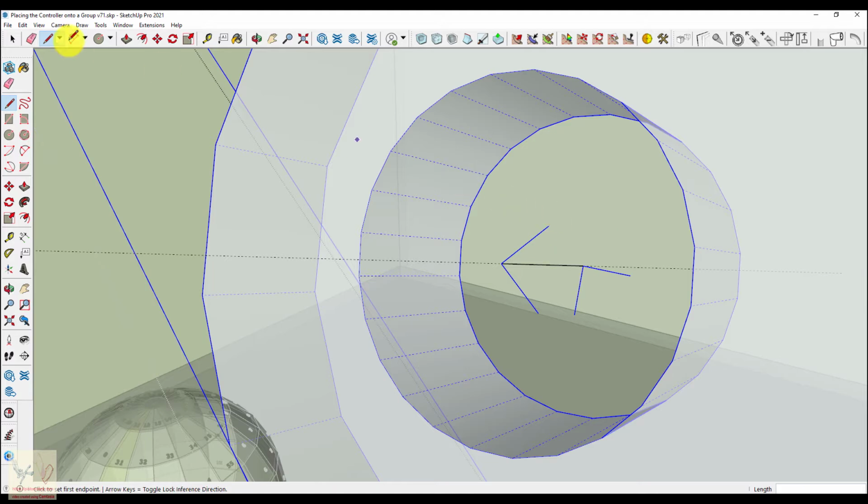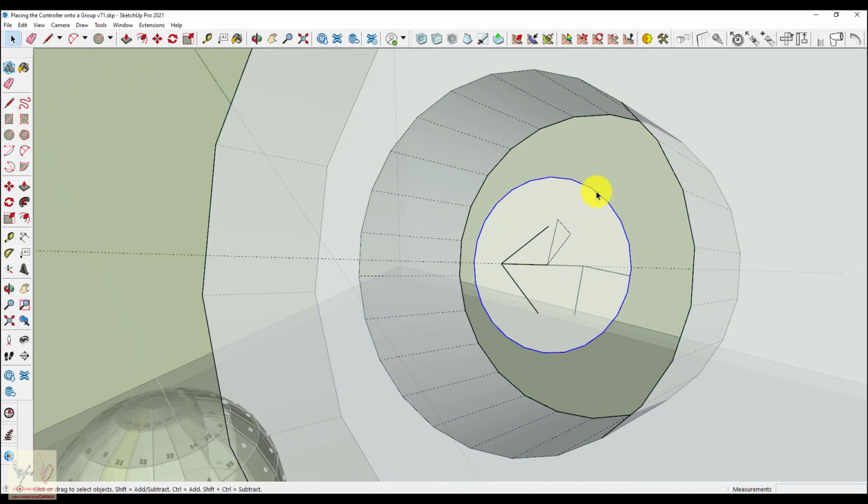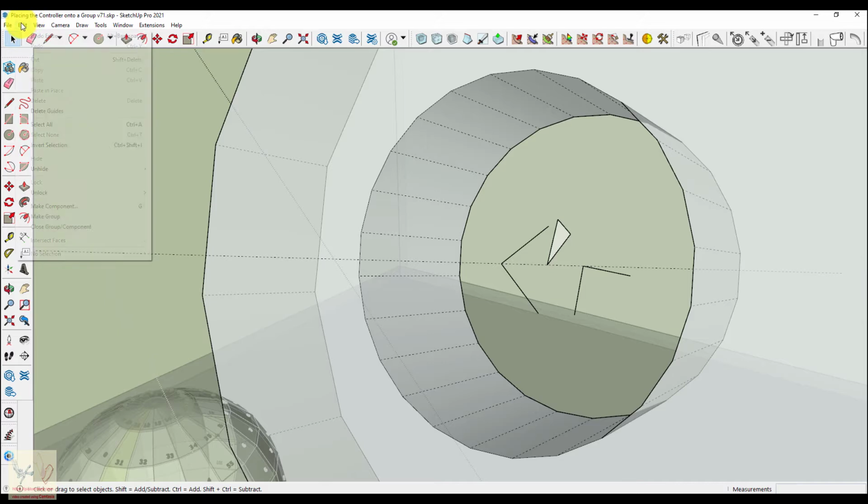So we could, again, this is green, so we can make a green circle right here. Okay, and so we have successfully